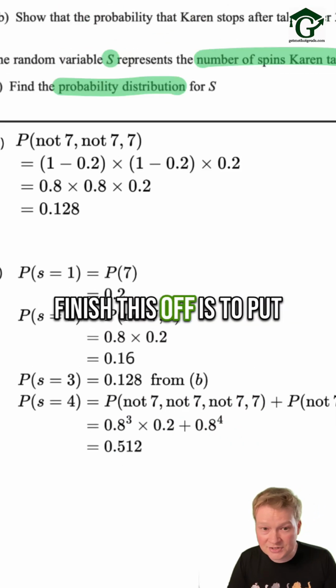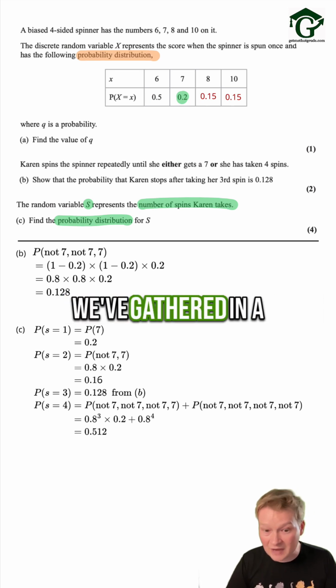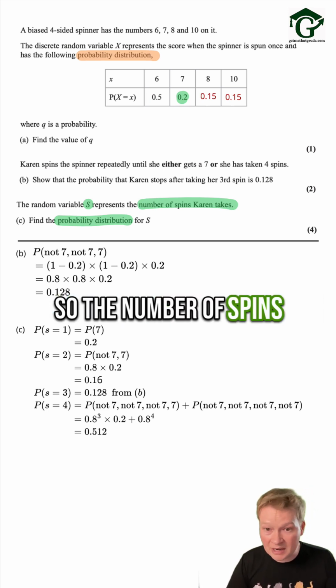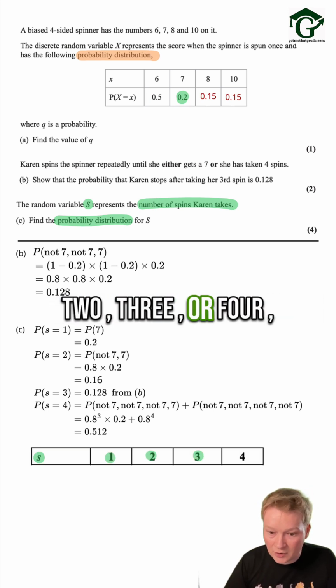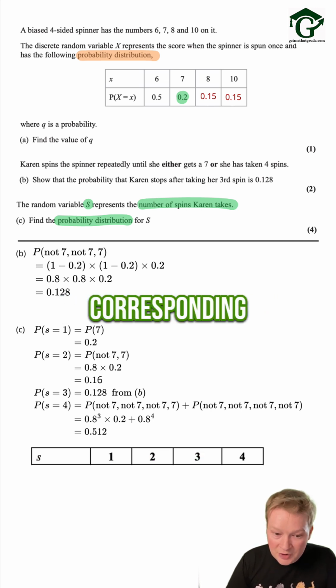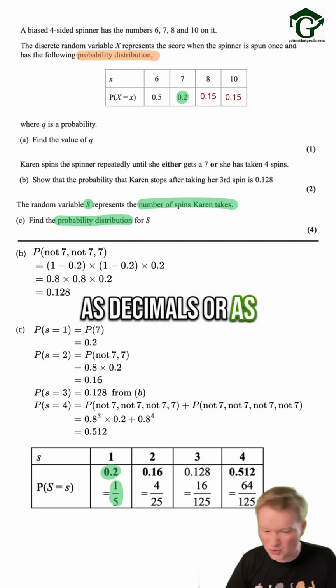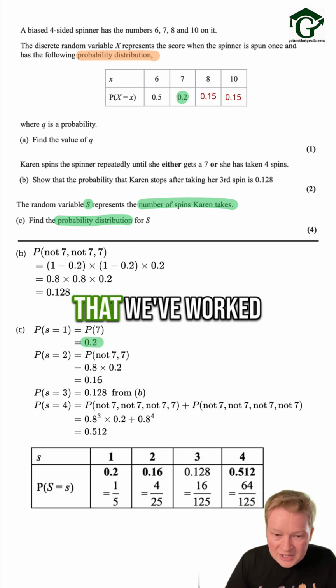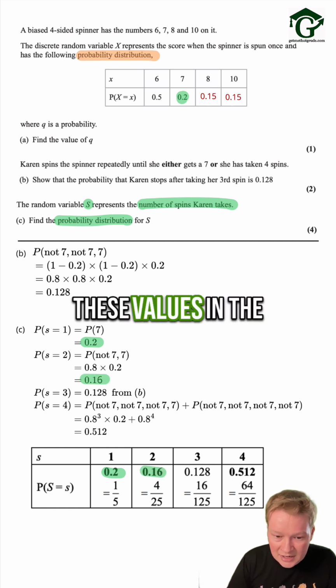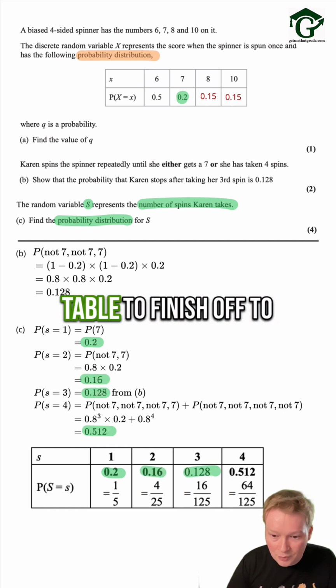So all we need to do to finish this off is to put the information that we gathered in a table. So the number of spins that Karen can take can either be 1, 2, 3, or 4, and then we just need to write down the corresponding probabilities, either as decimals or as fractions if you've calculated them out that way. The ones that we've worked out. You see, so I'm just putting these values in the right positions in the table